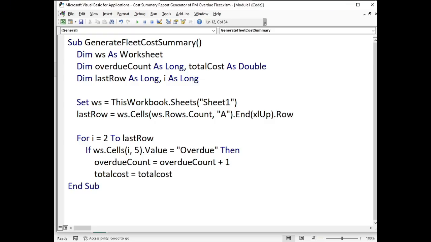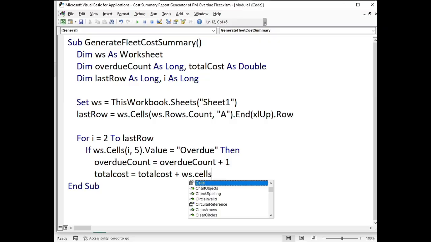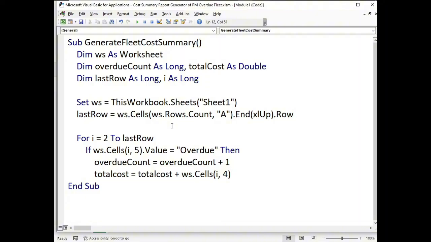So we're now summing up the cost of the overdue plus WS.Cells. Okay, which one are we getting the total cost from? Column number 4, the cost of the PM. So I'm going to use variable I, comma, which is located in column number 4. Okay, then that value,